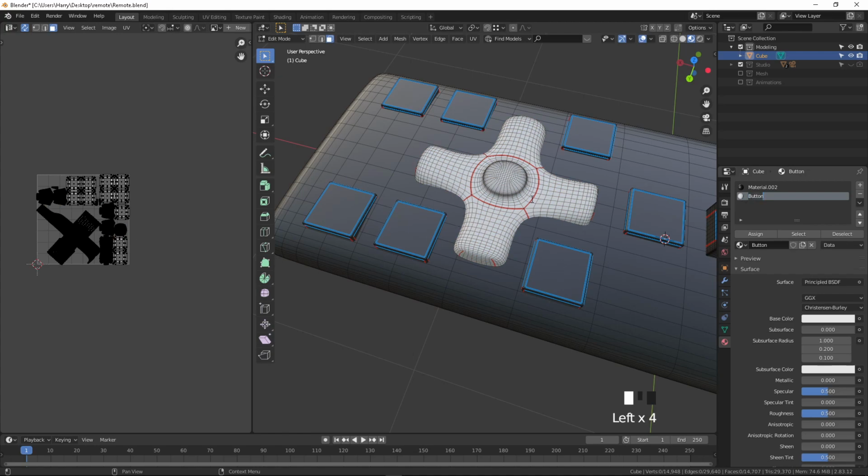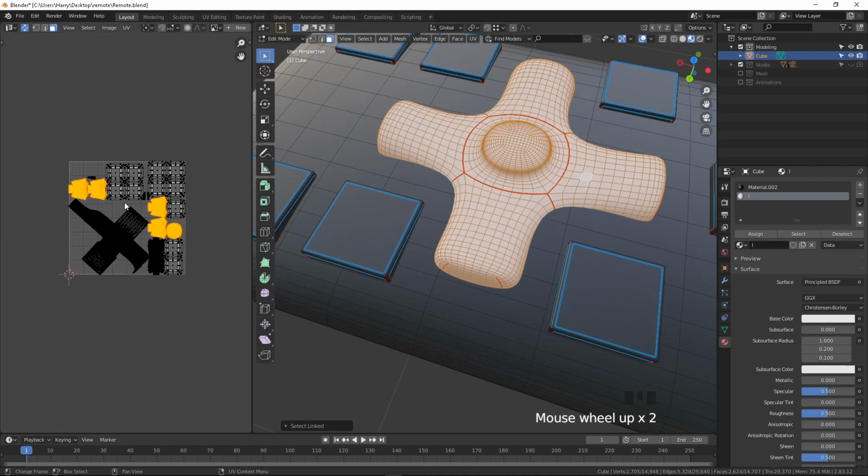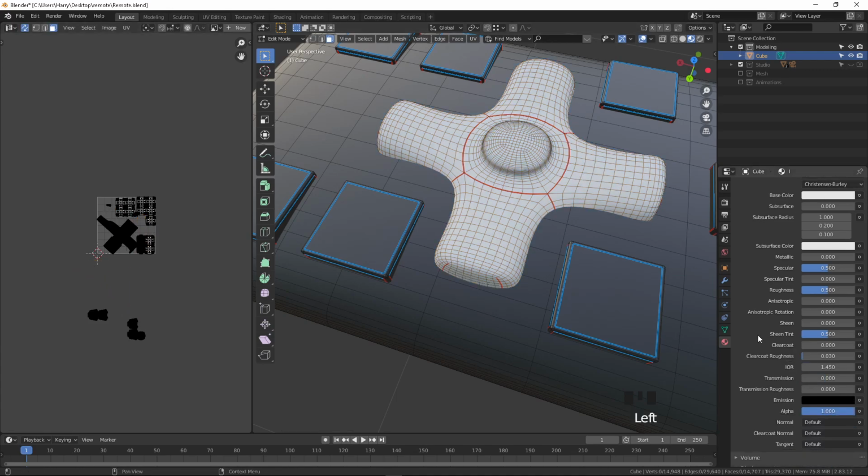Okay, so I'm going to select this, press Ctrl L, sorry it's not coming, so I make it L and hover, and I press G to move and I move it towards outside. Then